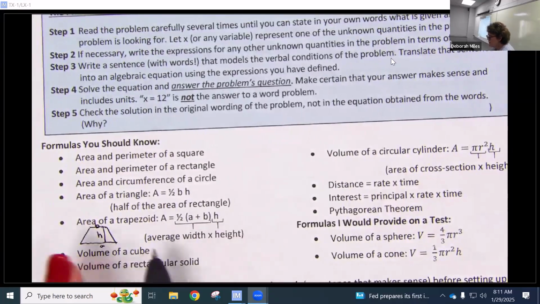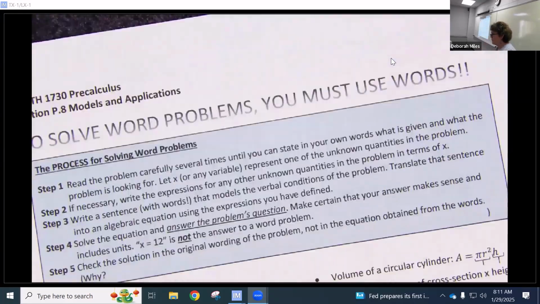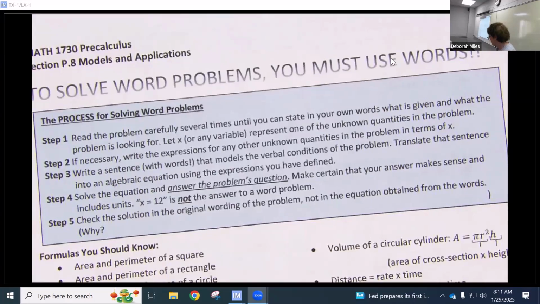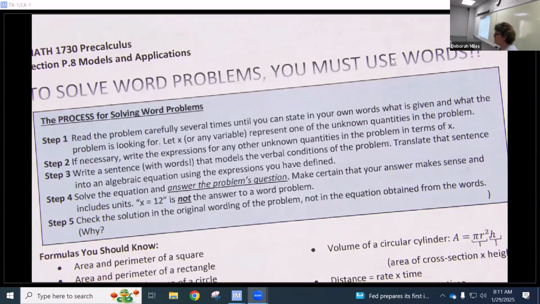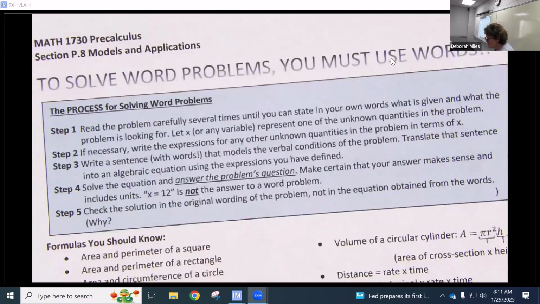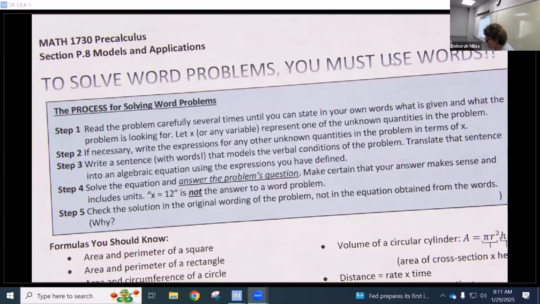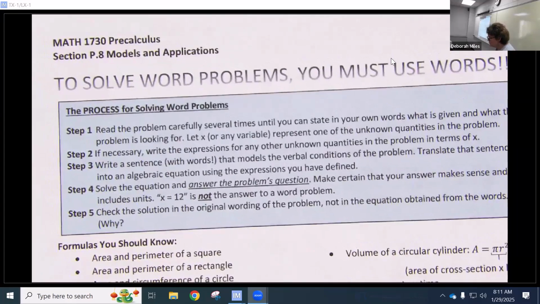Volume of a cube, volume of a rectangular solid. What's the volume of a cube with side X? If one side's X, what's the volume of that cube? X cubed. Yeah, you've got length times width times height. That's the definition of volume. So x times x times x is x cubed. What about the volume of a rectangular solid? It's still,